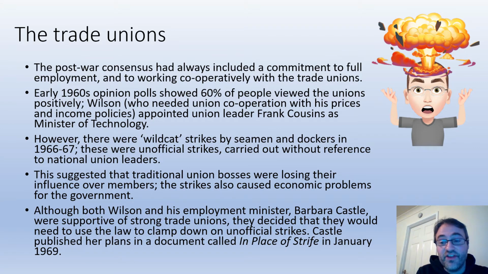If you've seen the post-war consensus video, you'll know that the consensus was about the Labour and Conservative governments of the 51 through to 70 period, in fact the 45 through to 70 period, sharing agreement on a number of issues. When we look at the policies of those governments, whether Labour or Conservative, we see real overlap on several issues. One of those issues was a commitment to full employment, which doesn't mean that every single person all the time is going to be in work, but it does mean a commitment to getting unemployment absolutely as low as possible. And part of that commitment as well involved working cooperatively with the trade unions.